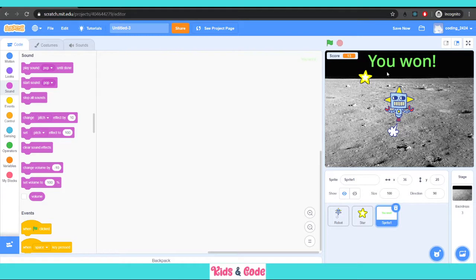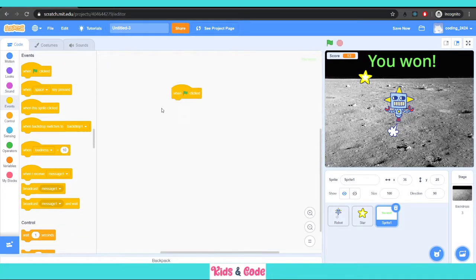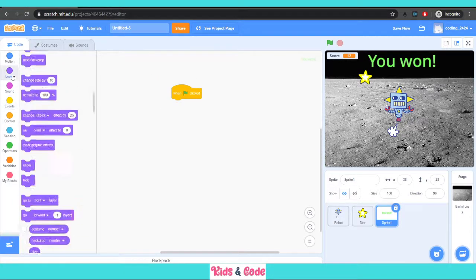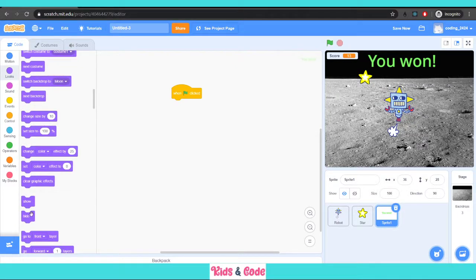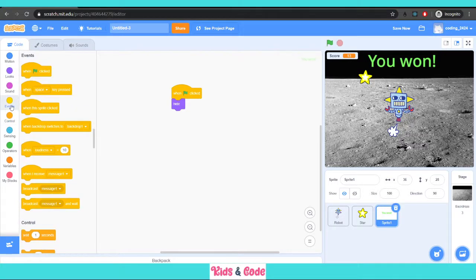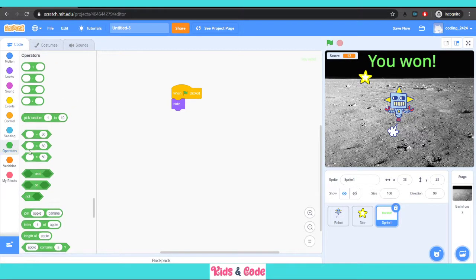So for the message that you want to show, you will click on that sprite and you will say whenever green flag is clicked, you want your sprite hidden initially, when you start the game. Okay, so you say when green flag is clicked, hide. And when the backdrop changes, or we can say when our score becomes 20, or you can have it at any score. I want it at 20. So when my score becomes 20, the message should display.